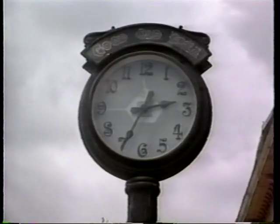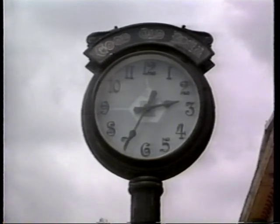Well, he was here about 3 or 4 years, and then he decided he was going to move to Tustin, and he took his clock with him. But after these 3 or 4 years, this had become such a landmark in the city that the people wanted it back. As long as I'm standing here, I want to tell you something about the building behind us,